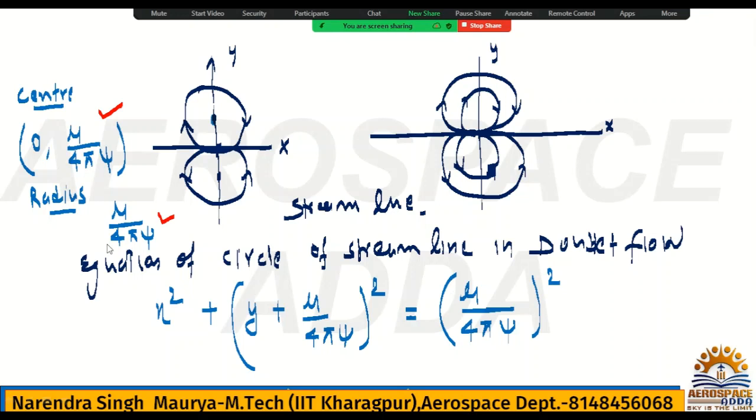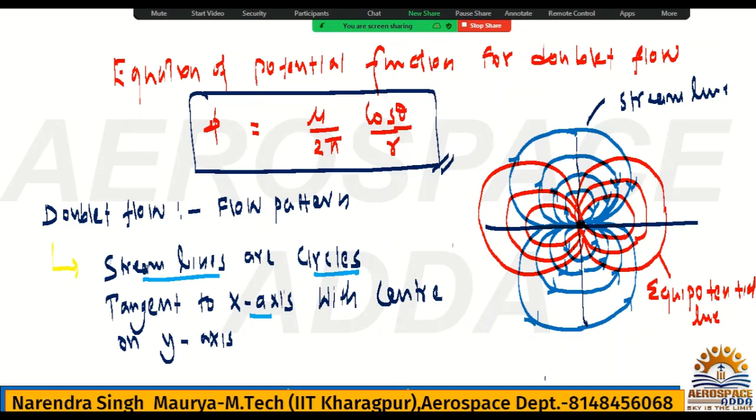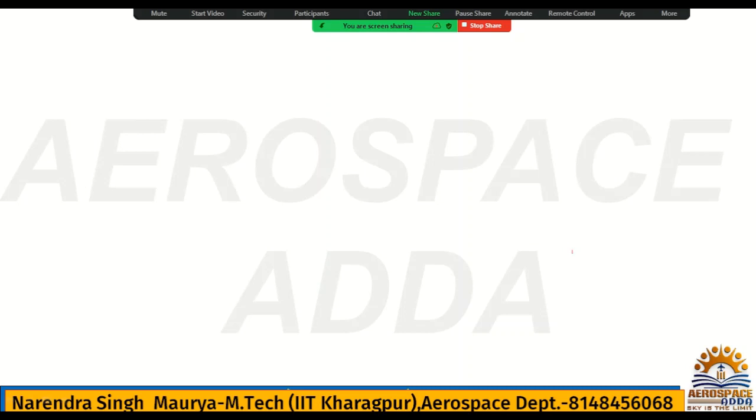What about the potential function? Because potential function also, equipotential line you have seen here. Check. This is the equipotential line. In previous slides you have seen. Here, see this red one, equipotential line. So if you check, the equipotential lines are the circles tangent to y-axis with center on x-axis. Yes or no? So I can write here equipotential lines